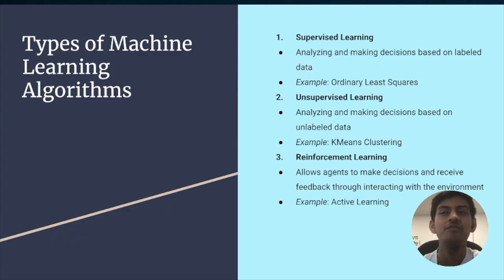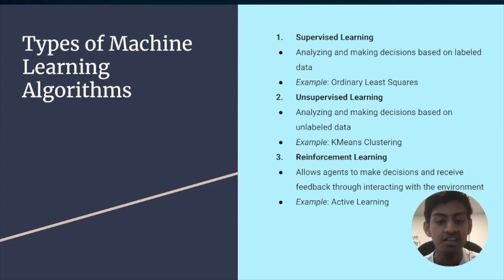Okay, so there are various types of machine learning algorithms, but there are three fundamental ones. First of all, there is supervised learning. Supervised learning allows models to analyze and make decisions based on labeled data. For example, ordinary least squares is an example of a supervised learning algorithm, which by the way works with labeled data. There are also linear regression, logistic regression, and image classification. And then there's also unsupervised learning, which analyzes and makes decisions based on unlabeled data,